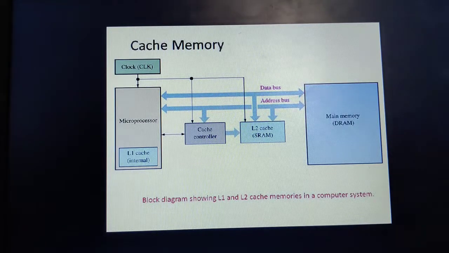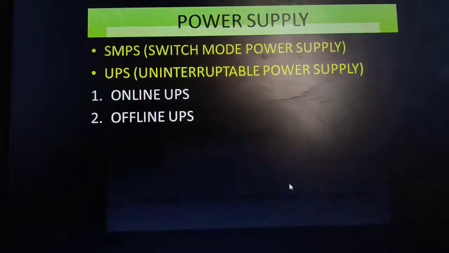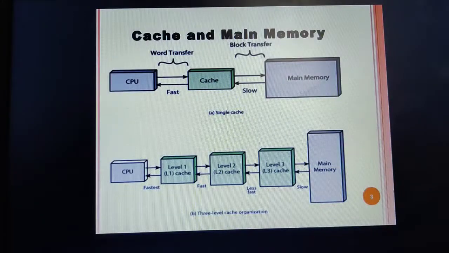Then we discuss the L3 cache memory. L3 cache memory is a special kind of memory that we usually see in high-end processors, like Intel i5 or i7. In these high-end processors we are able to see this L3 cache memory, whereas earlier processors didn't have it. The job of this L3 cache memory is to improve the performance of the L1 and L2 cache memory.